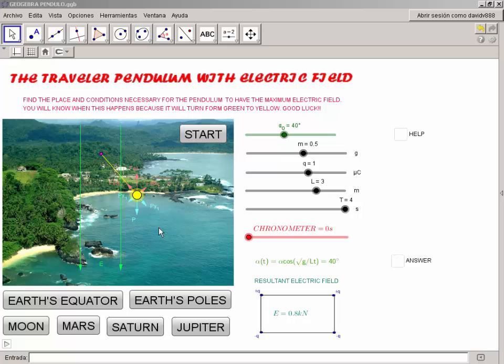Well, the point of this game is to find out in which place and under what conditions the resultant electric field will be the maximum. Well, I'll show you how to do it. You have to move the bars with the variables so as to change the result, and you can change the 4 variables,